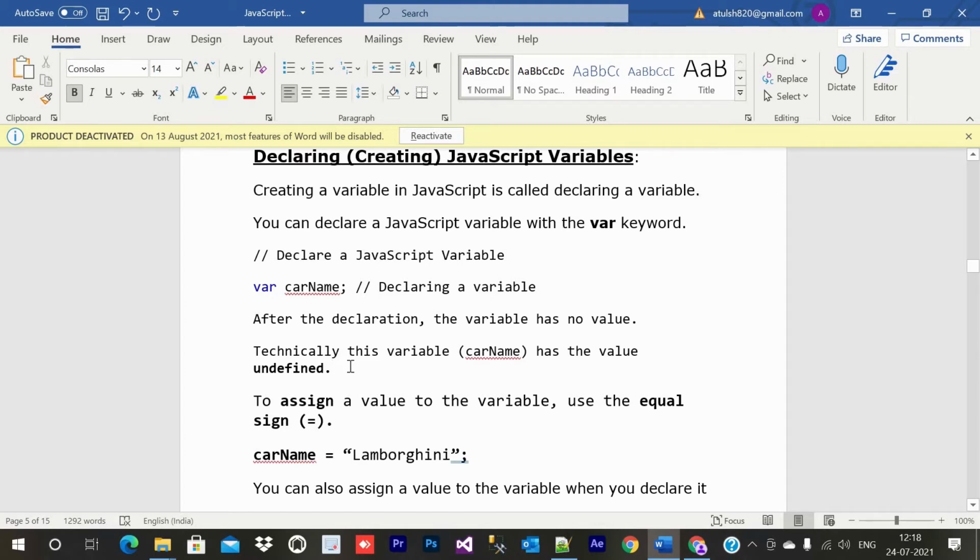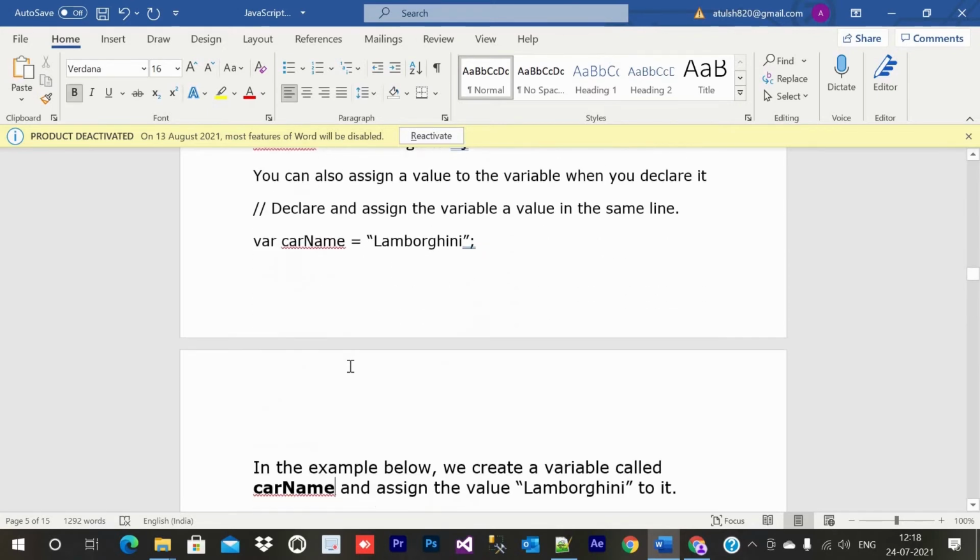It is like null, empty. But null is also a data type in JavaScript, so we will discuss in depth with time what the difference is between null, undefined, all these things. For now just understand that there is a term undefined, which means this value is not defined. If we did not give any value, its value will be undefined in JavaScript.